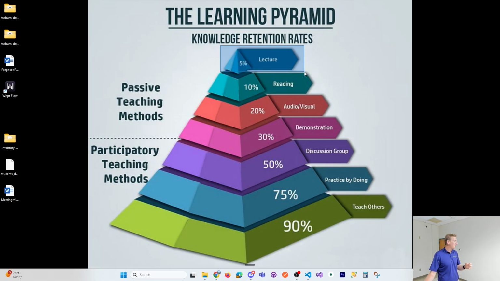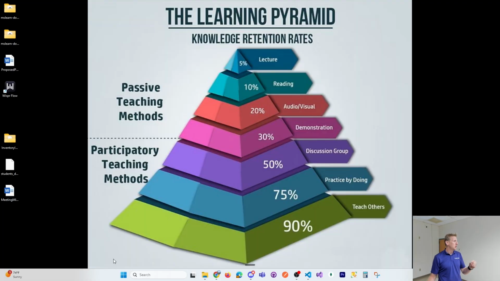From a lecture you might retain 5%. And again, this is just broadly speaking of what a teacher lectures on. But then if you read something, you might retain 10% of it. Audio visual, such as a video, you're retaining more. A demonstration, so like if I do a coding demonstration, you might retain 30%. We get a discussion group going. Practice, ultimately, that's what we do at Rankin, is we practice the code. And then if you can get to the point, the ultimate pinnacle, we've all heard this, of teaching others, that is really where you